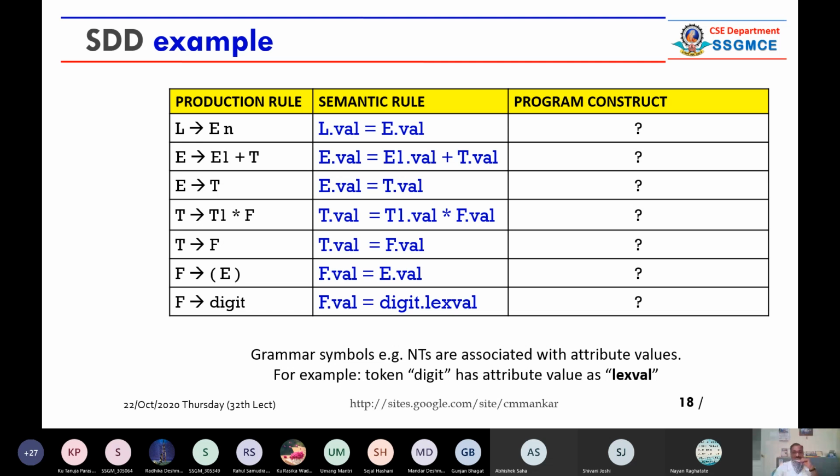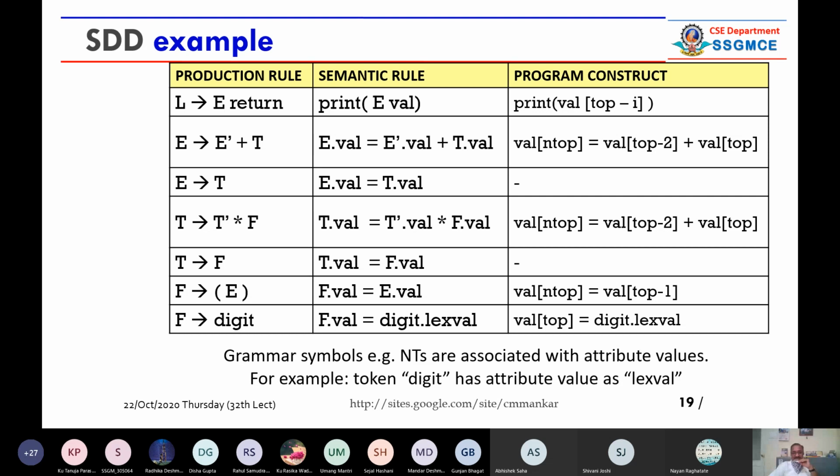And digit dot lexval is there. You read the bottom of the slide. It is something written by your lexical analyzer. Lexval can be some variable, and that variable can have some value. So what is this? This is nothing but your given set of production rules, and corresponding semantic rules. Means how to interpret it, how to find the meaning of that. So I will stop here, and we shall see the remaining part in the next session.